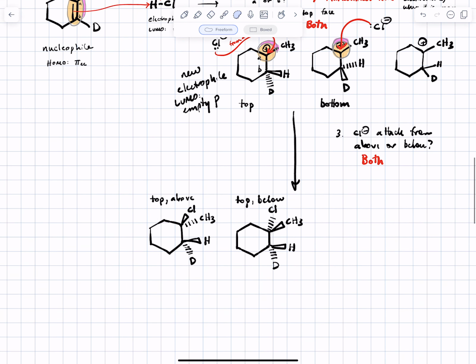Now we will see exactly the same thing for the other two products. Both of these products come from the carbocation in which hydrogen was a dash and deuterium was a wedge. If chloro attacks from above, you would get